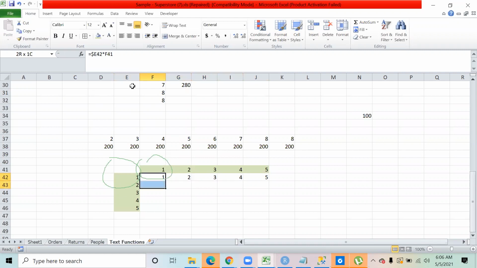And now the same thing I have to check for the bottom also. Again, the same challenge is happening. So when I'm multiplying this number by this number, again, this number is changing. The row number of this number is changing. So in order to freeze that also, I freeze the row number of this. So now if you see, I get the correct output everywhere.